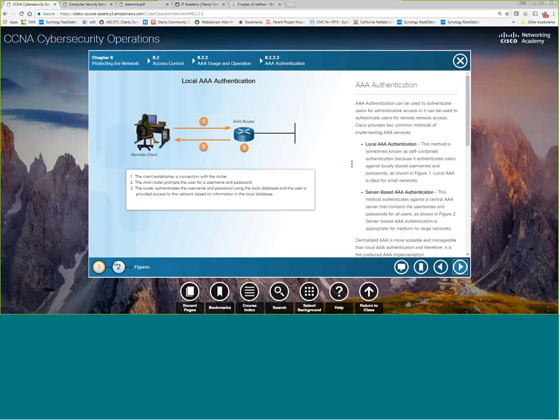If you've been in CCNA Security class, you've also done the other way, where AAA goes out to a Cisco Secure ACS server, or an identity server, an ISE server now. They can also look at an LDAP database or an AD database and authenticate folks. So you've got both local authentication and server-based authentication.